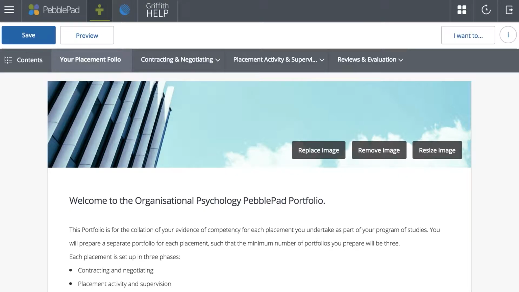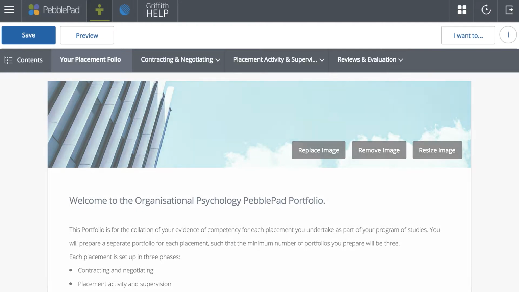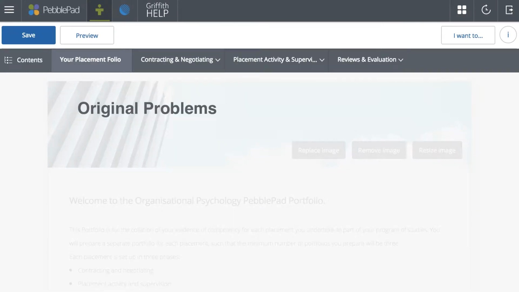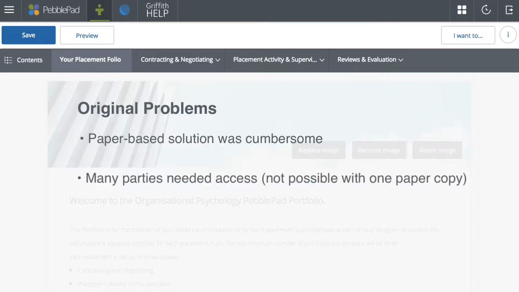In this example, we're going to see how an academic has used PebblePad to assist with placement portfolios for students from postgraduate organisational psychology. This academic is the placement coordinator and wanted to solve the problem of having lots and lots of paperwork and having to have paper that could only really be in the one place at the one time,